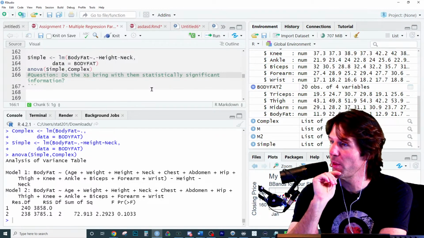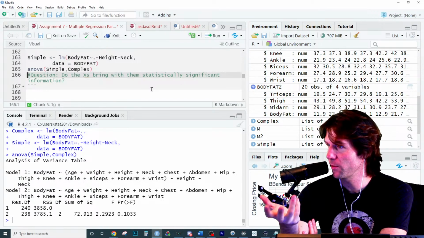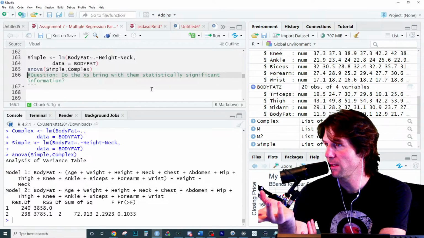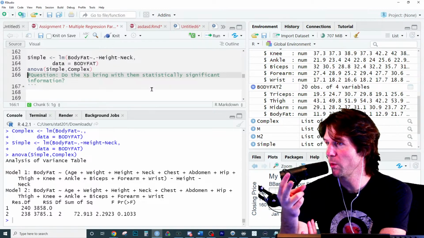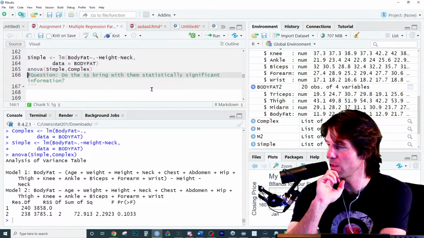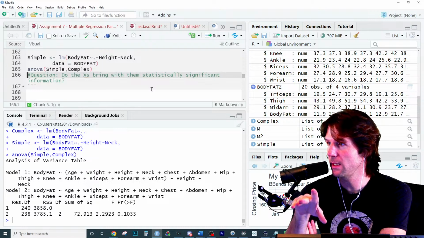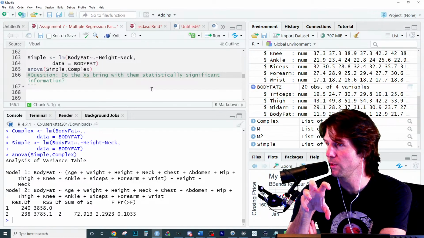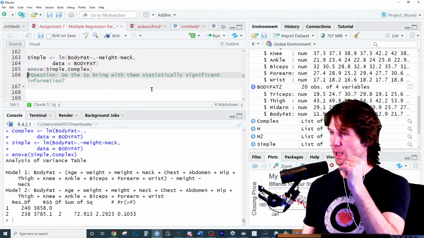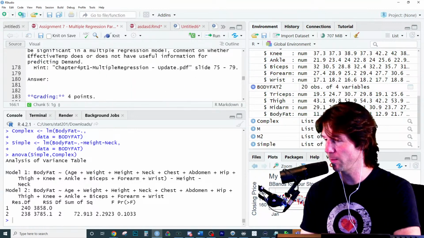You could actually remove both of those, and you do not get a statistically significant reduction in sums of squared error with a model with those. So do the X's bring with them statistically significant information? The two X's we remove do not, as a team, bring with them statistically significant information. Does that make sense right here, Meath? So if you want to compare a model without two variables, you have to remove them together as a team and then do the partial F of the simple to the complex. If you're looking for more examples of this, check out what we were doing prior and you'll see more examples.